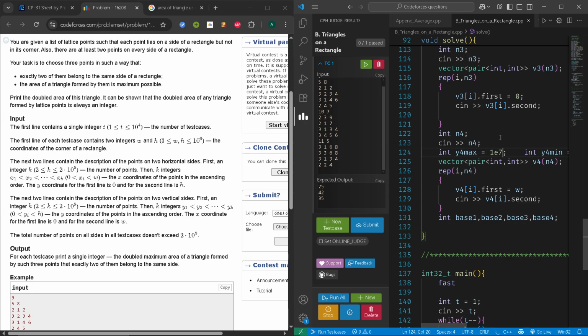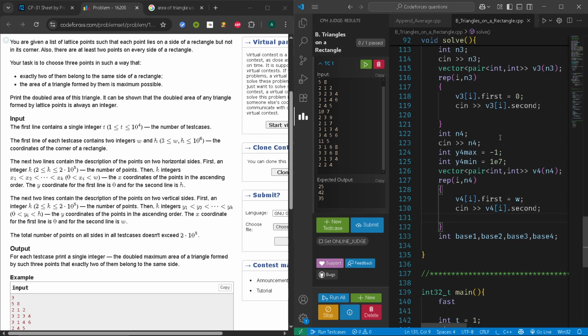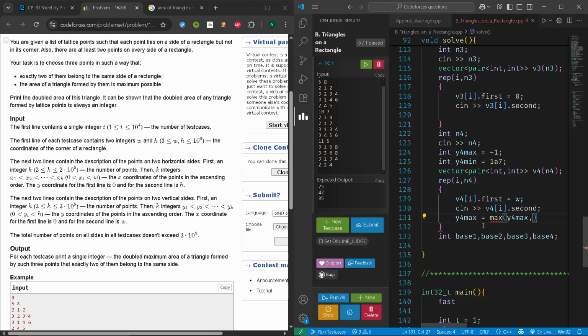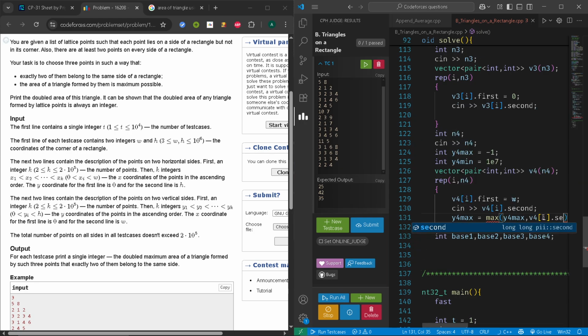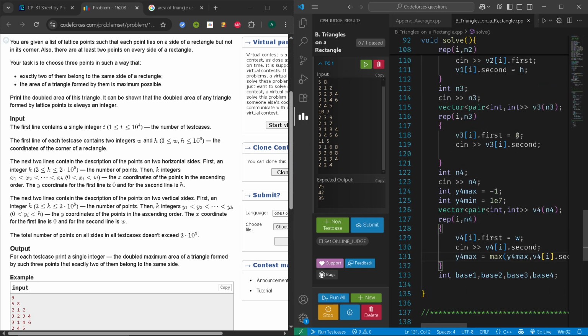And this cannot take negative values, so I'll just initialize it with -1, and then what I'll do is I'll take y4 max equal to maximum of y4 max comma whatever is the second coordinate, v4 I dot second. Okay, and same is the case for y3 as well,